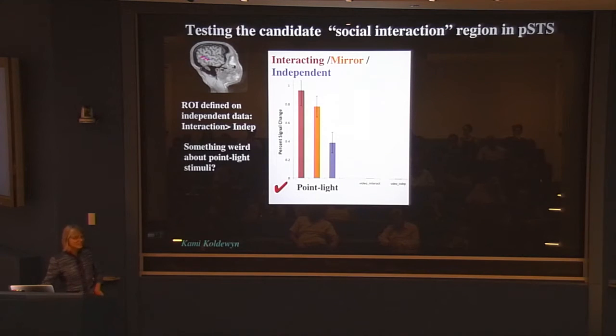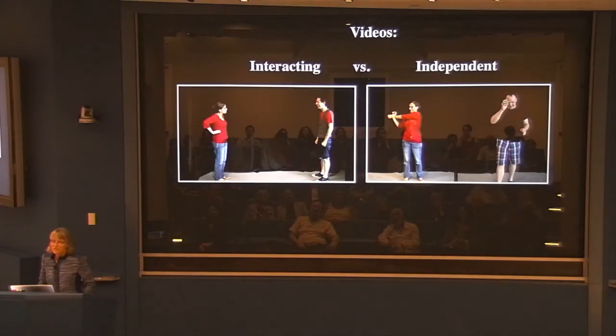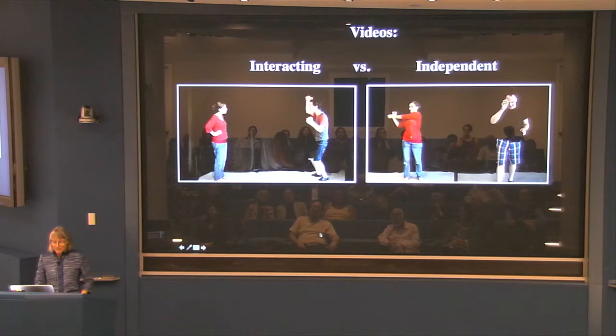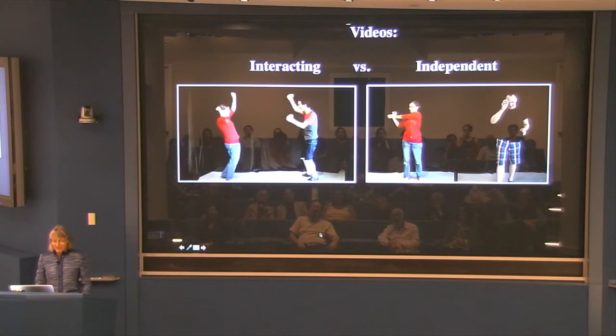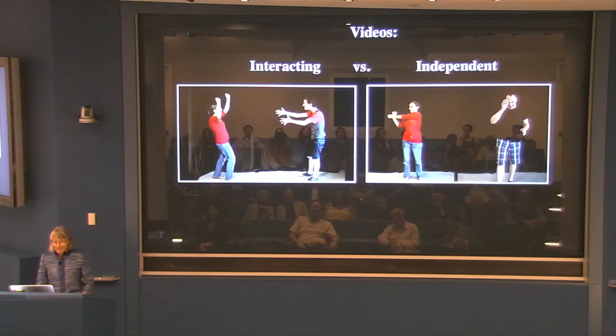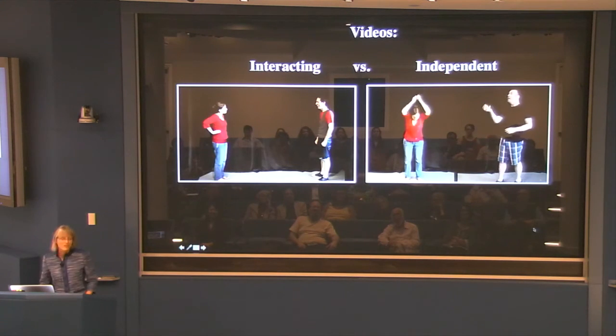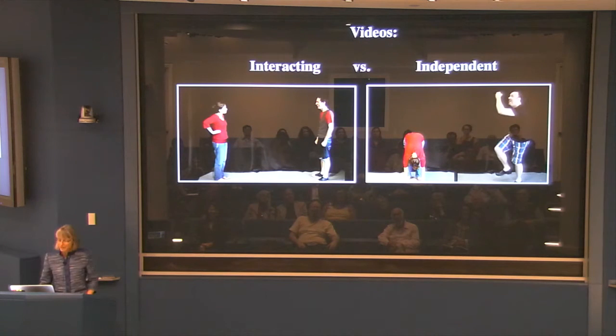It's easy to get things on a one shot. Maybe it's something weird about the point light movies, right? So next we said, okay, let's show some real videos. So we marched the lab up to Cambridge TV, where you can rent out a little video booth, and we filmed people in the lab doing simple little interactions like this. Aren't they cute? Betsy Don Blank and Terry Scott. Okay, so here's independent activities. Okay, so same basic contrast, but just with a video.